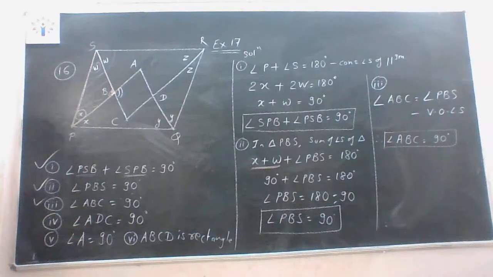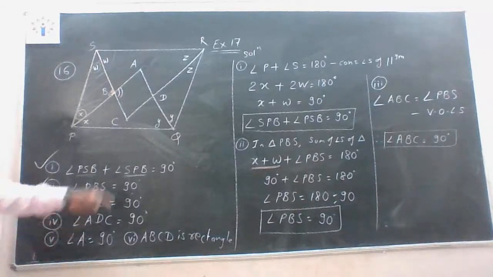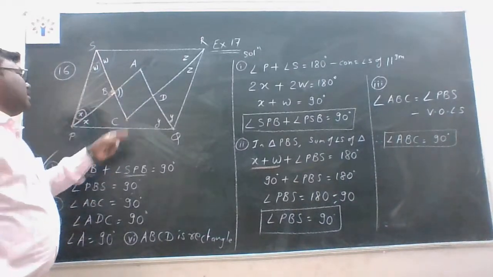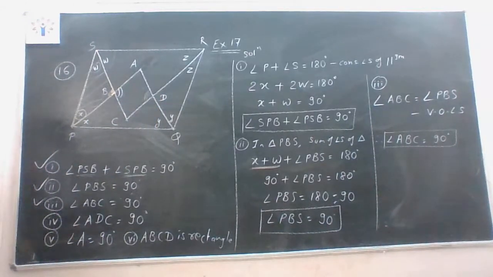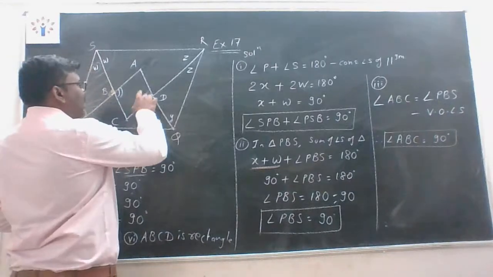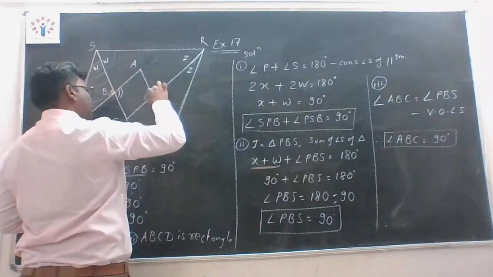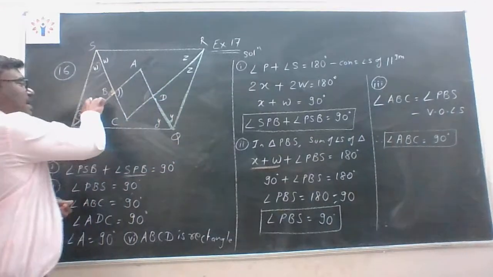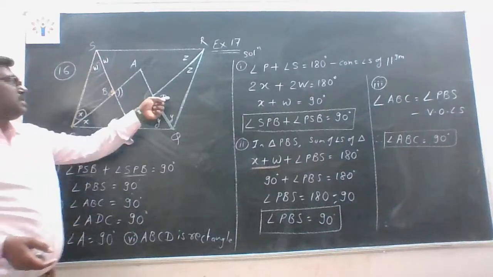Okay. Now the fourth part of the question is angle ABC. We want to show that it is 90 degrees. ABC means this is the angle, and we want to show that it is 90 degrees. So for that, again we can apply the same procedure. As we have considered this triangle for the first three parts, to solve the fourth part, we need to consider the triangle